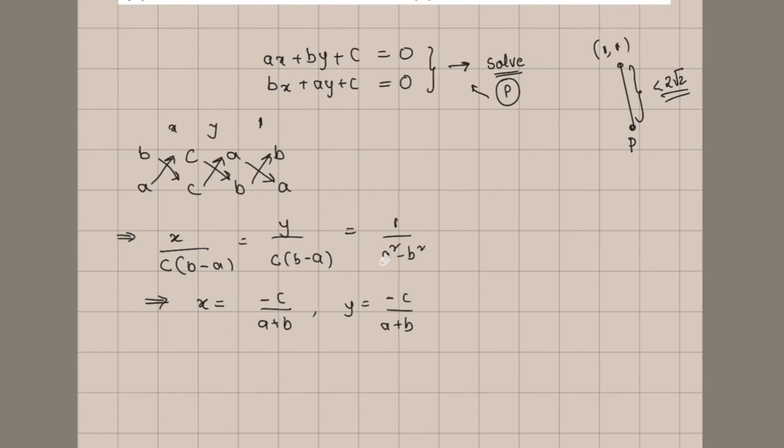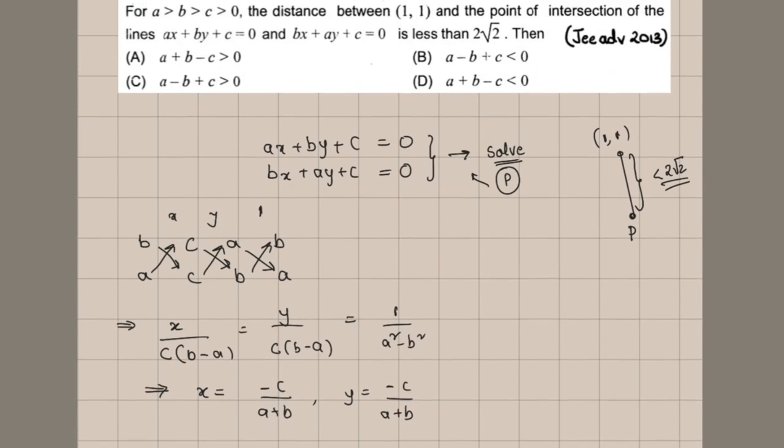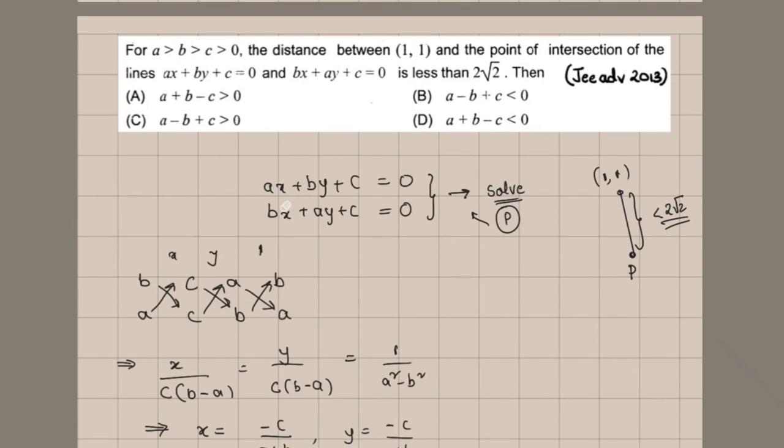Because a square minus b square is (a minus b) into (a plus b), this b minus a and a minus b cancel. You get a minus 1 in the numerator. See, you got x equal to y. But by seeing the equations of these two, you can simply say that if you interchange x and y in the first equation, you get the second equation.